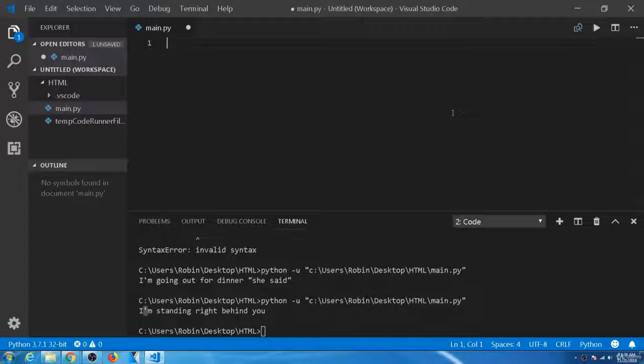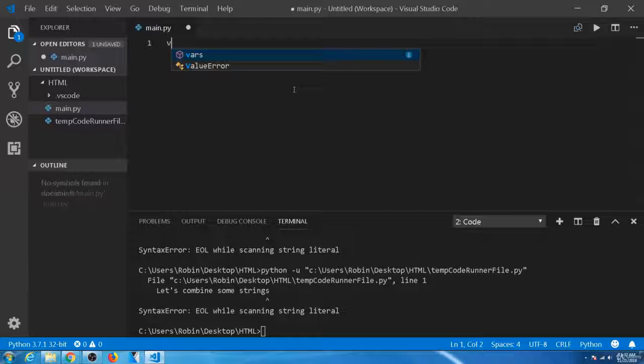Now we're going to talk a little bit more about strings, and in this lesson we're going to focus specifically on combining strings together in Python. So let's start off here by creating a simple variable. I'm going to call it strings just to use it as an example, and we're going to make this strings variable this string here. So we'll say something like let's combine